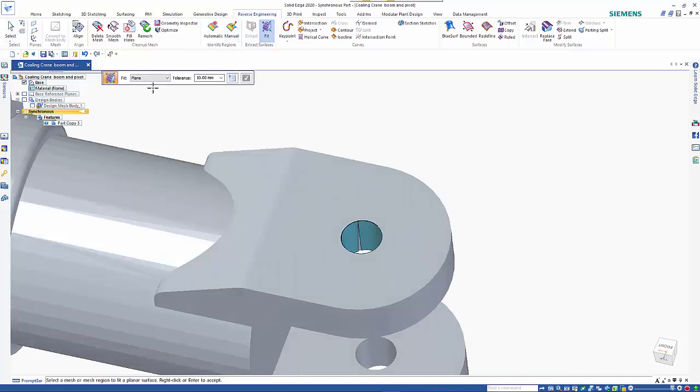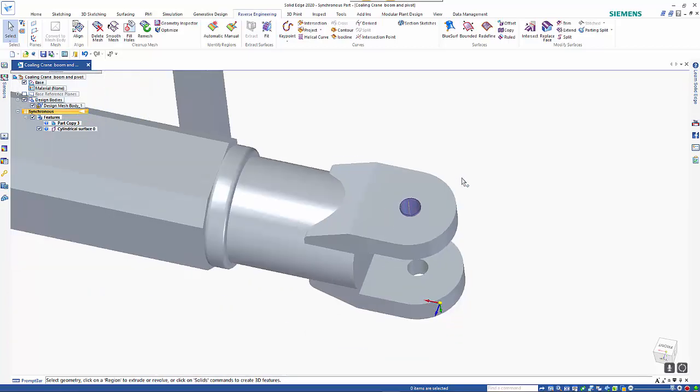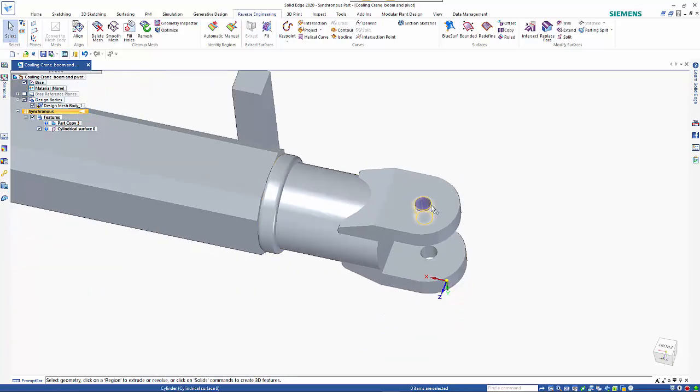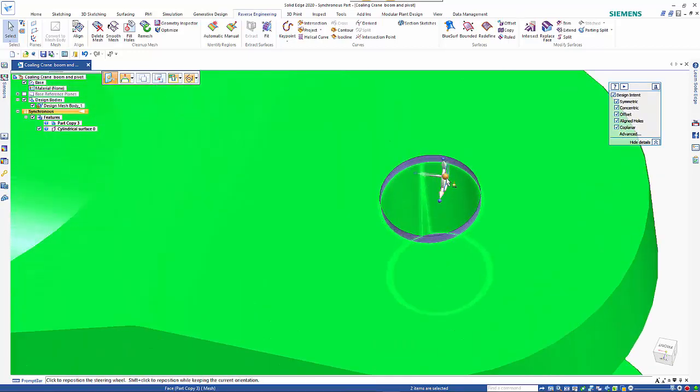What I need to do is change it to recognize it as a cylinder, and that creates that cylinder in there for me. It doesn't matter that it's not fully created because all I'm after is the edge on here. So I can select that. Hitting the space bar allows me to select the other option as well, so I can come back in here, pick up on the steering wheel